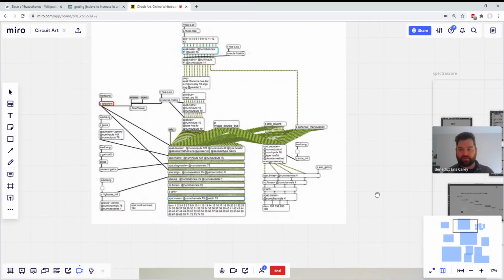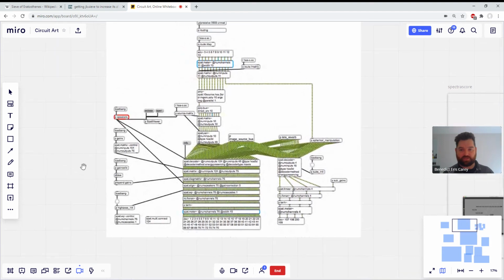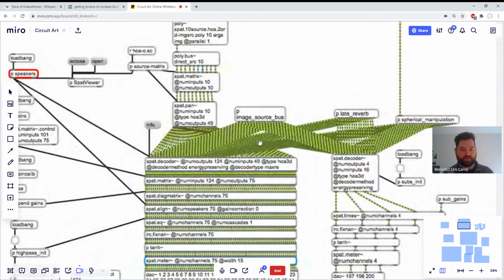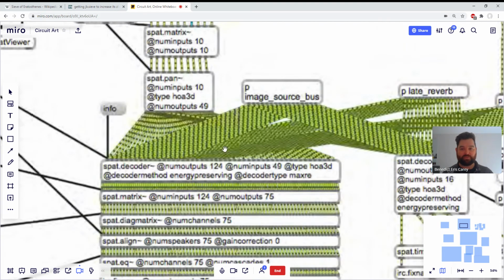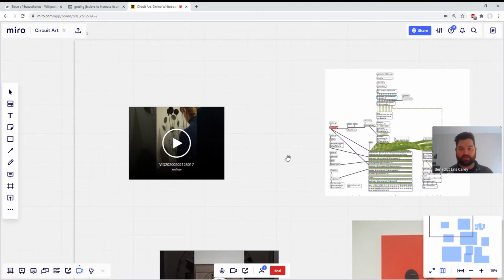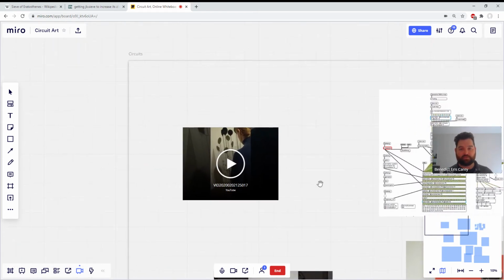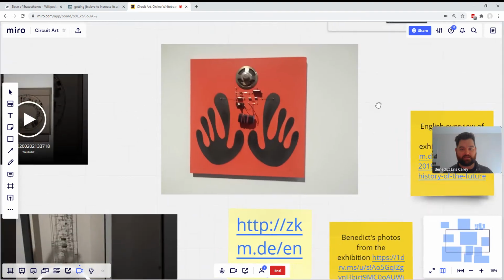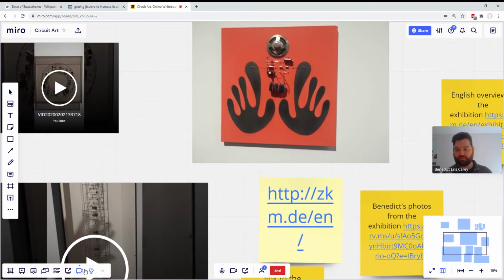Okay, so this is a Max patch by Rama Gottfried, and I quite like this visual effect. We don't really need to see exactly what's being added here. We can see that it's lots and lots of patch cords. But if you did want to get into the nitty-gritty of that, I'm sure you could, because it's nice and clear. If we take an example like the one that I've got here,